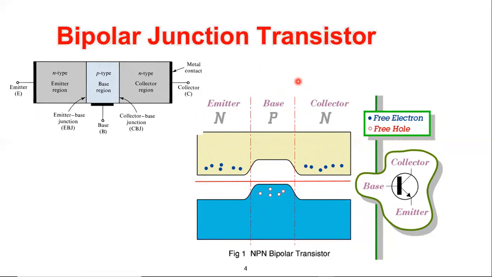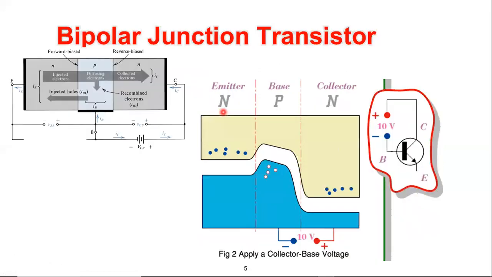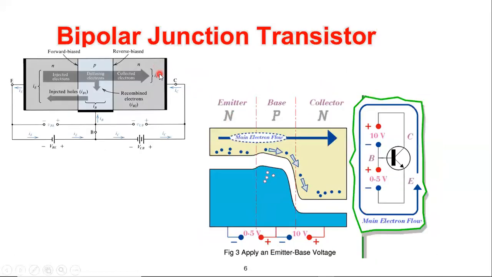So let's now start describing what we should do. Now we have to concentrate on our target. Our target is to push the majority of electrons to move from the emitter side to the collector side. If the electrons move, then we will have a current. This is our target, so our target now is to make these electrons move. How can we make these electrons move? We will do this with two conditions. The first is that we will connect a battery,